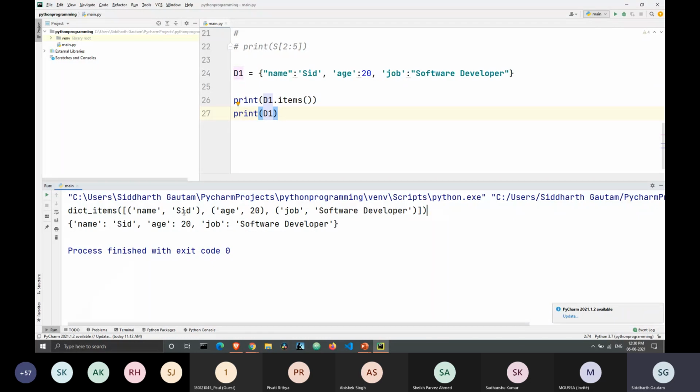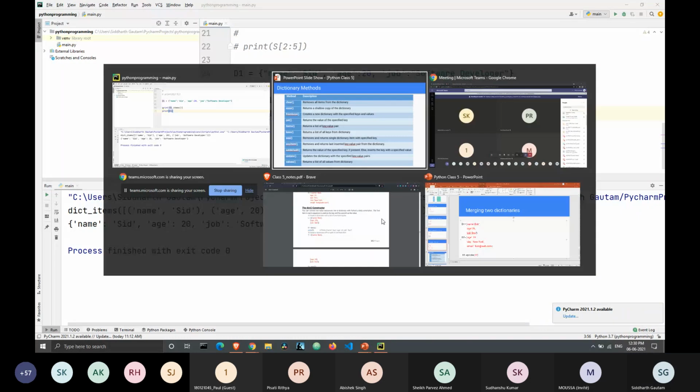The data type here is dictionary. The data type here is dict_items. Here we have name, the key and the value, inside one tuple. And here we have age and the value of the age inside one tuple. Then we are closing it with a square bracket, which means it also has the elements of a list. That doesn't mean that this is a tuple or a list. The data type is not that, but you can deploy the functionalities of those data types onto the items of the dictionary. This was an interesting method.